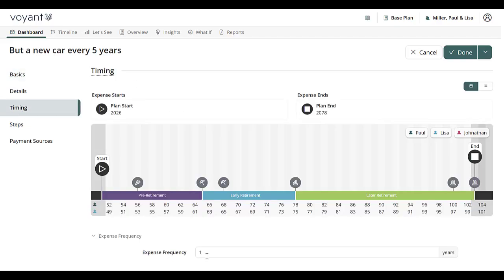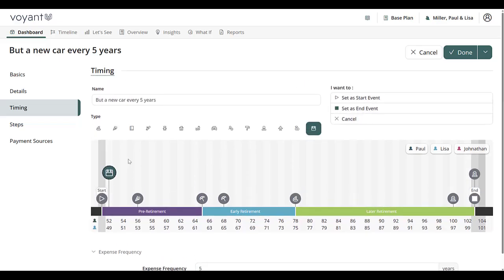timing, and there's an option down here that says expense frequency. And you'll notice that by default we do it every 1 year, but I'm going to change this to every 5 years, and you can decide when this starts and stops. So rather than having it start this year, I'm going to have this start next year, and we're going to